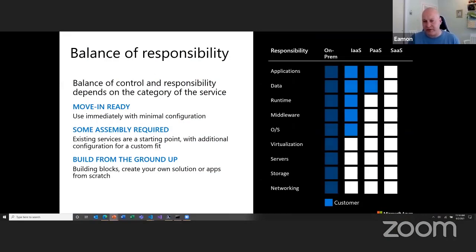So the overall goal with serverless in general is to kind of move the capabilities to the right. The further you go from on-premises to IaaS, to PaaS, and then eventually to SaaS, obviously there's less responsibility for the customer. So your IT departments don't have to do as much, because a lot of that is handled by Azure as you start to take advantage of our PaaS and even SaaS services. But with that, you lose some of the control that you might need from a governance standpoint.